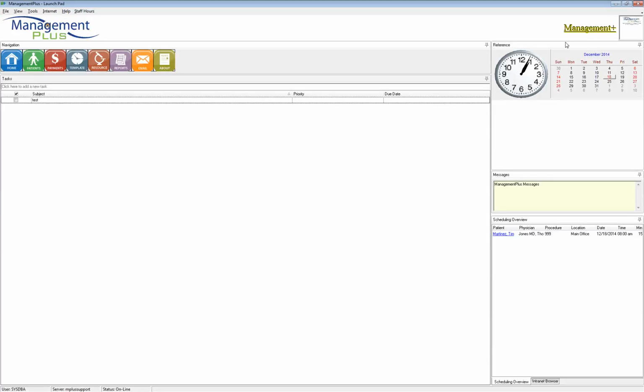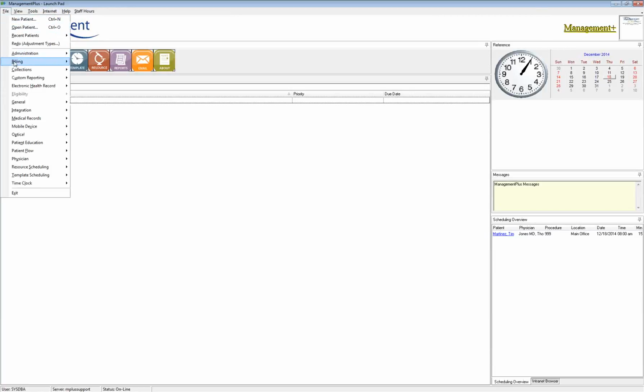We are going to be talking about adjustment types within Management Plus and how they should be set up to make sure that your claims are going through correctly, to reduce the number of errors, and really just to keep your system clean. So what we're going to do is go in through the Billing Setup